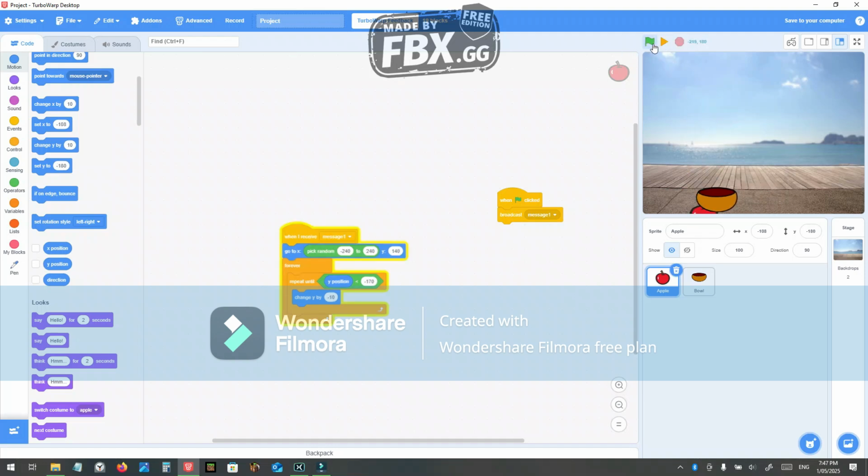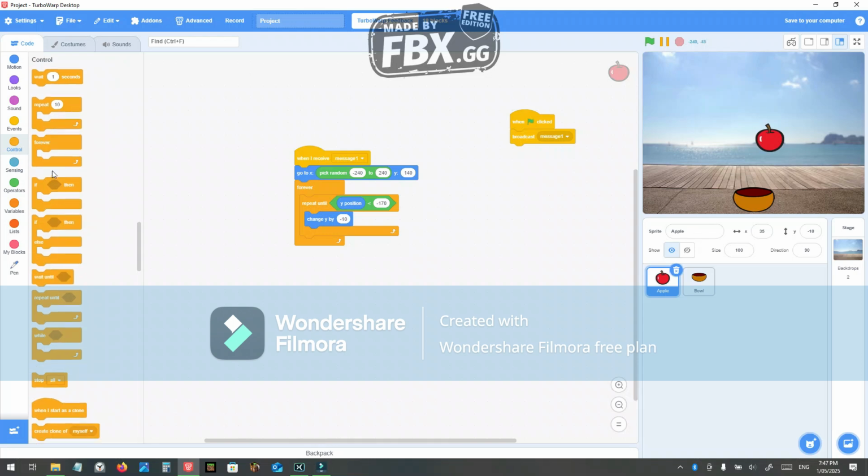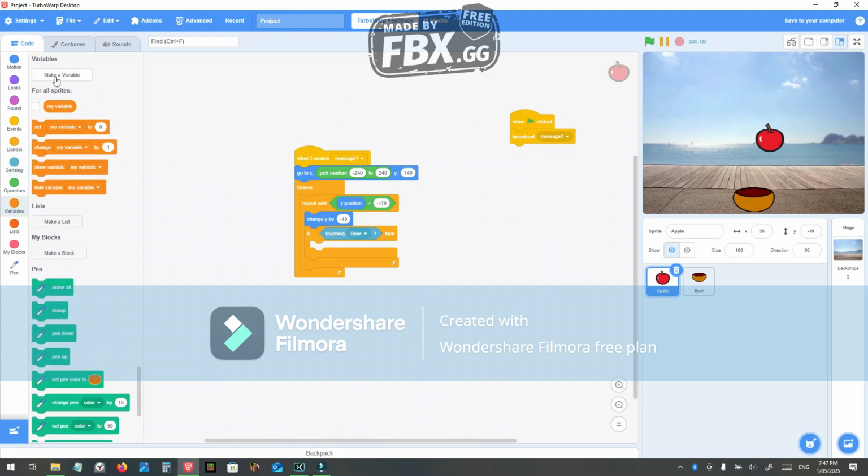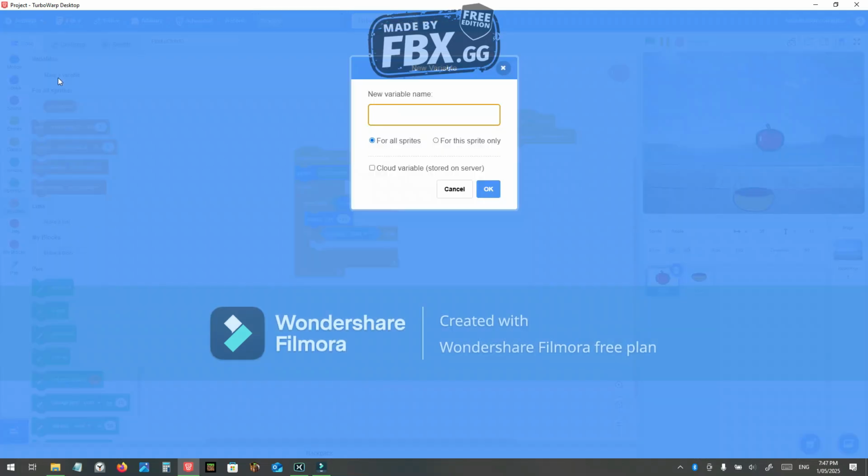Hey, I didn't click the apple. And I know that would happen. So, going to go if touching bowl, then, and create a variable, name it